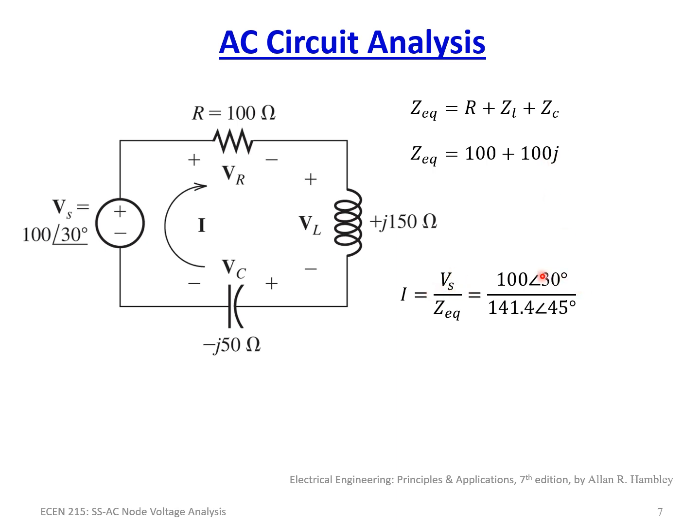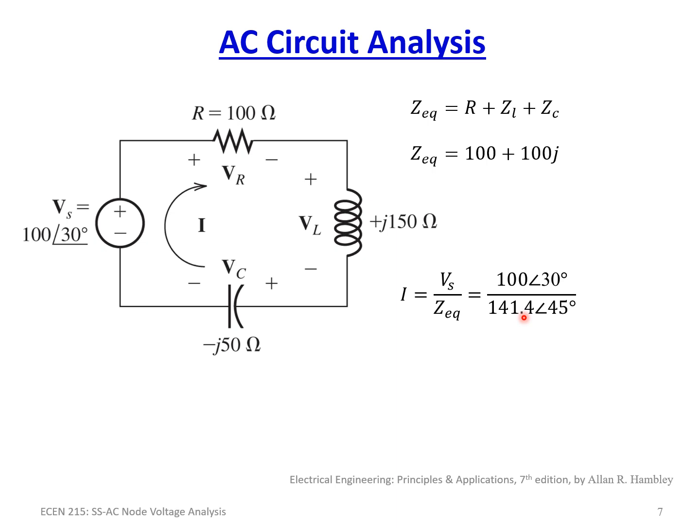Because now we simply have a voltage divided by an impedance, which gives us current, which mathematically means we have two phasors in polar form that we need to divide. And again, we learned that in the introduction to phasors. What we have to do is take 100 divided by 141.4. So let's do that real quick. We end up with